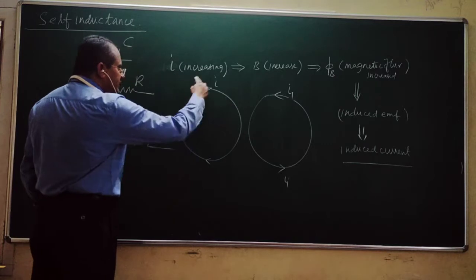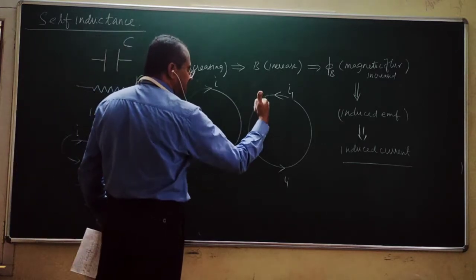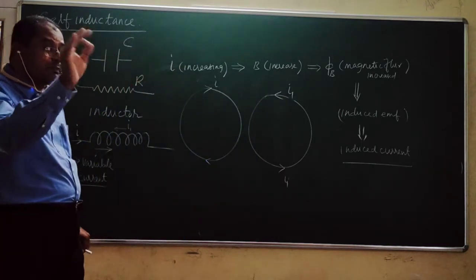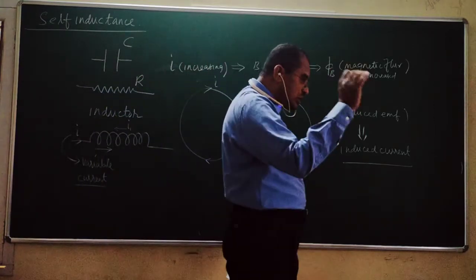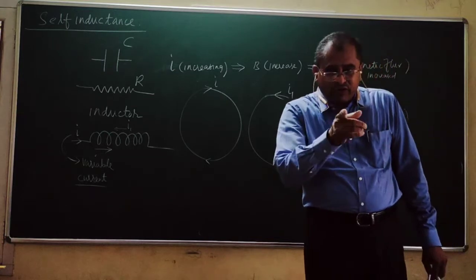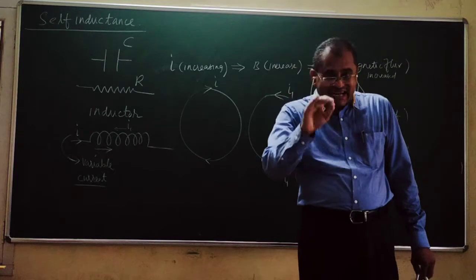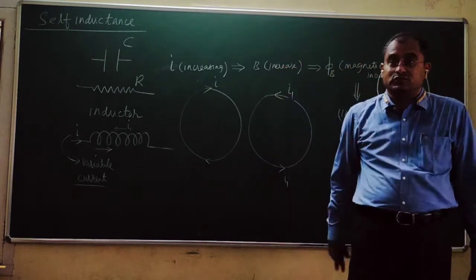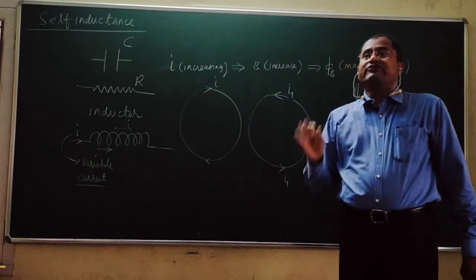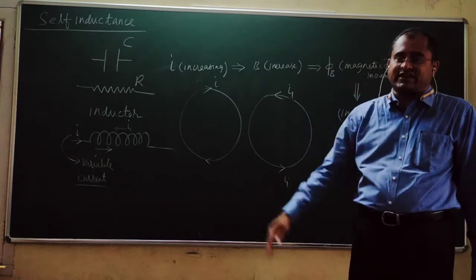This current will produce a magnetic field. The opposing induced EMF will produce an opposing magnetic field to suppress this. This property, this phenomenon by which, when the current flowing through a coil changes, an opposing induced current is produced in the coil, the same coil, that is the reason why it's there. The phenomenon is known as self-inductance, self-induction in fact.